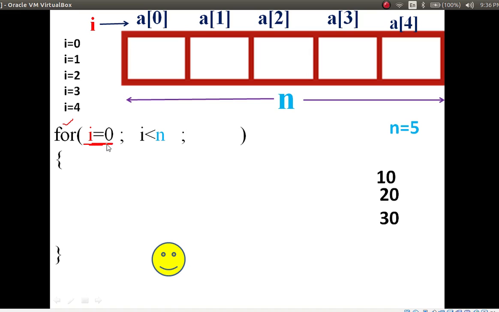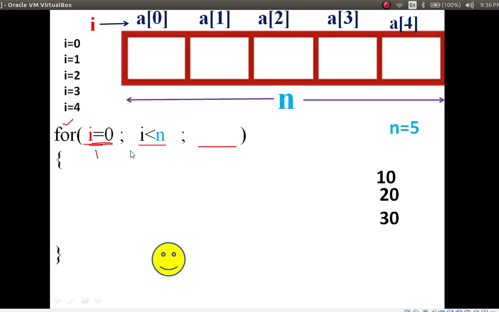Initially the i value is 0. Why do we have to use 0? Because the array starts at which position? The 0 position. The for loop has a syntax. It has 3 statements. How many statements? 3 statements.